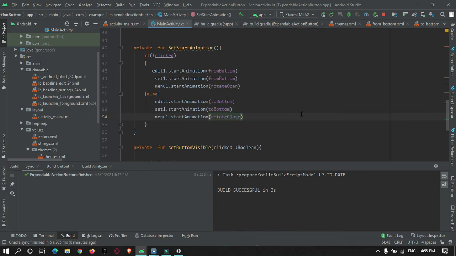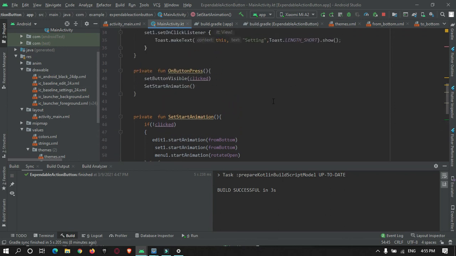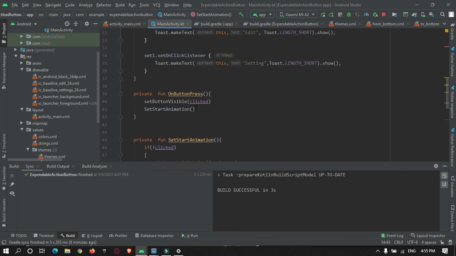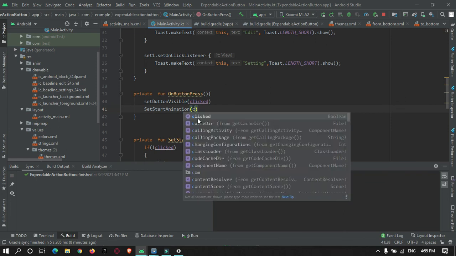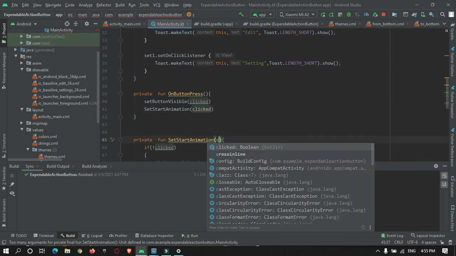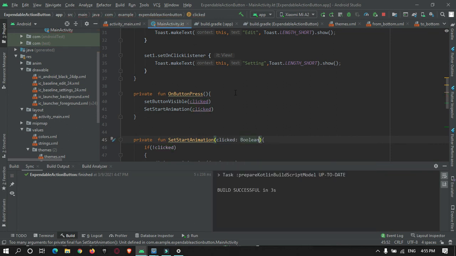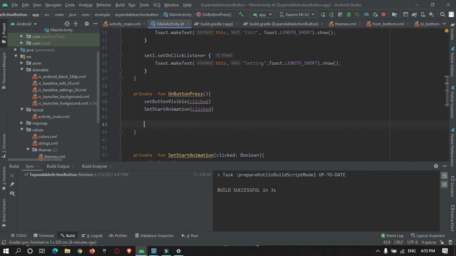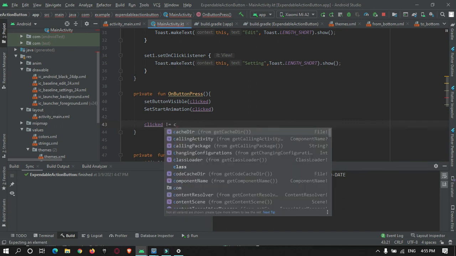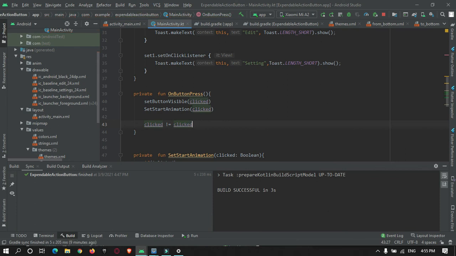Okay, so that's it. When the button is pressed, we also need to pass this variable, clicked, Boolean. Here we need to do one more thing: clicked is equal to not clicked.